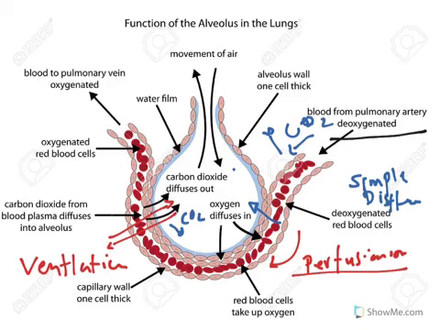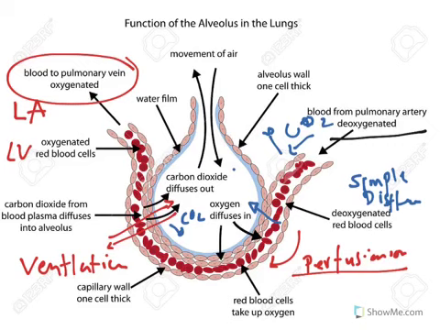As we said, the blood vessels will leave to the pulmonary vein, and oxygenated blood full of oxygen will go back to the left atrium, and then to the left ventricle,